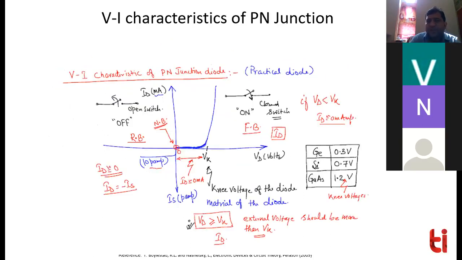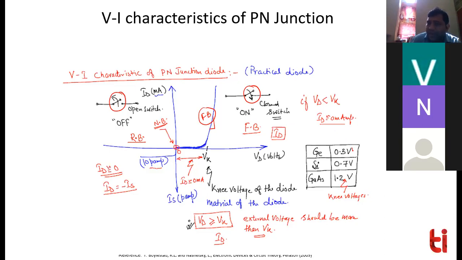We have also seen the forward characteristics, the IV characteristics of the p-n junction diode. In case of forward biasing, we can assume the diode as a closed switch because the resistance in forward bias is very, very small. However, in case of a reverse bias, we can assume that the diode is an open switch since the resistance is very, very high. If the resistance is very high, we can assume this is an open circuit.